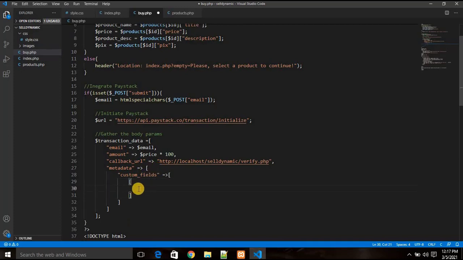And within this place, this is now the right time to start spelling out those custom fields that you want to show off. And the first one that I'm going to do now will be the product name. And to do that, the first one is going to be called display_name. That's the name that is going to be displayed within Paystack. So that's going to be set to, let's just say product name right there,